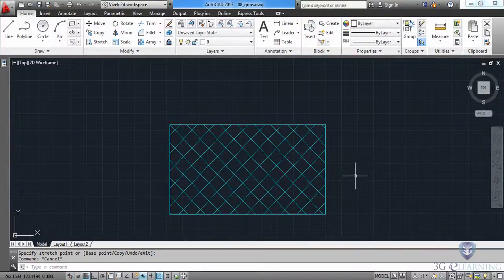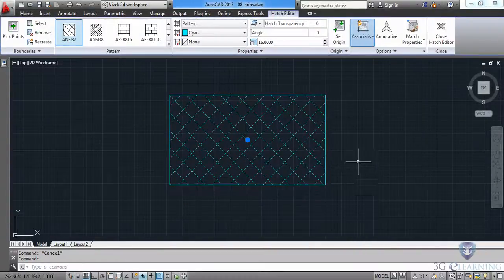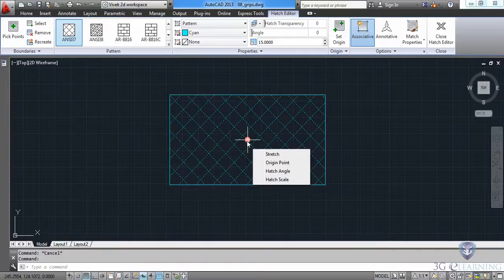Here I have some hatch. If I select the hatch, you'll see a large grip in the center. Another nice feature that you'll find with grips is that if you hover over them, occasionally you'll get a menu with some additional tools. Notice that I can adjust the origin point, hatch angle and hatch scale of this pattern without having to use